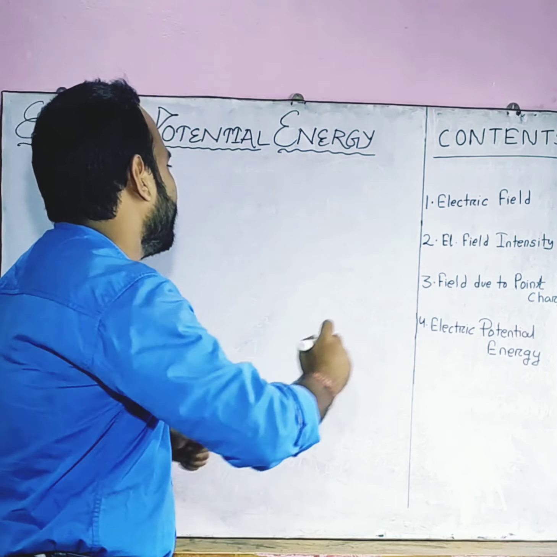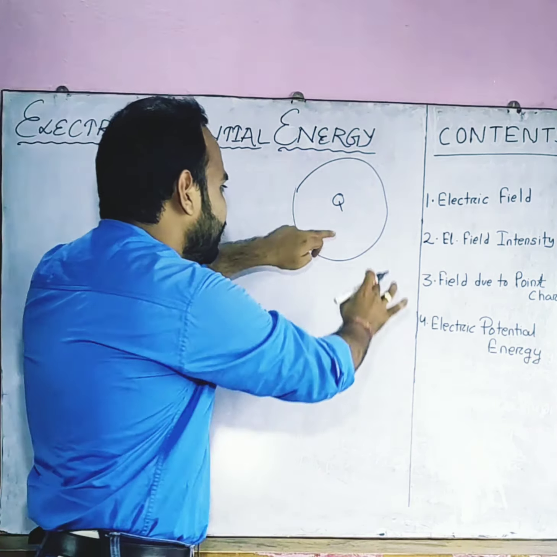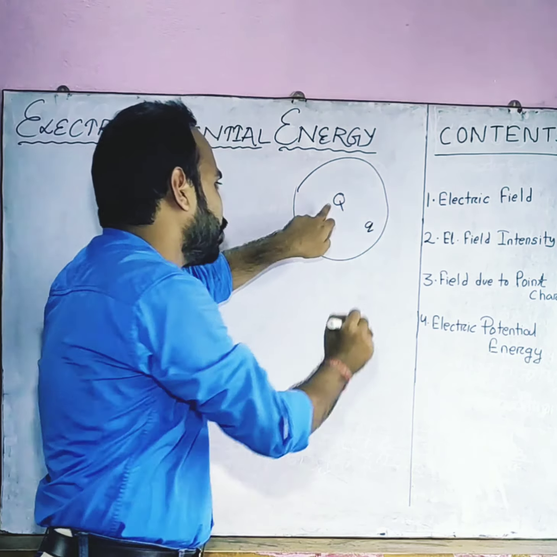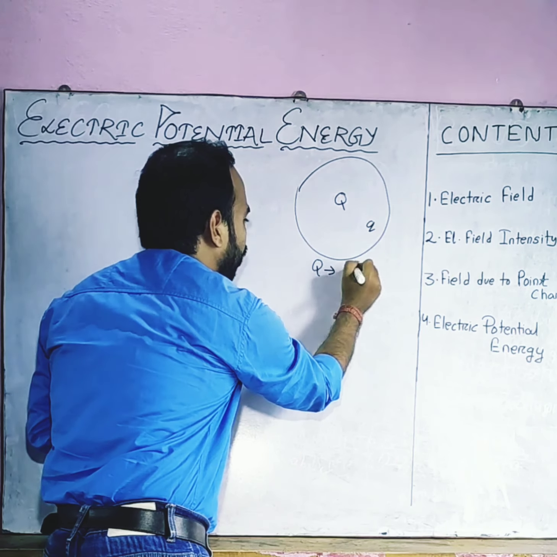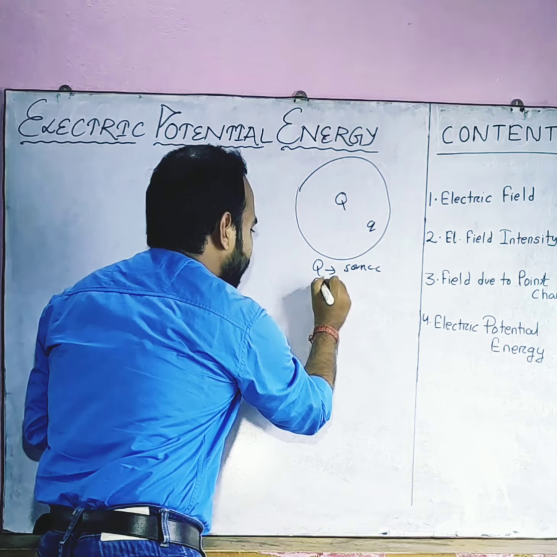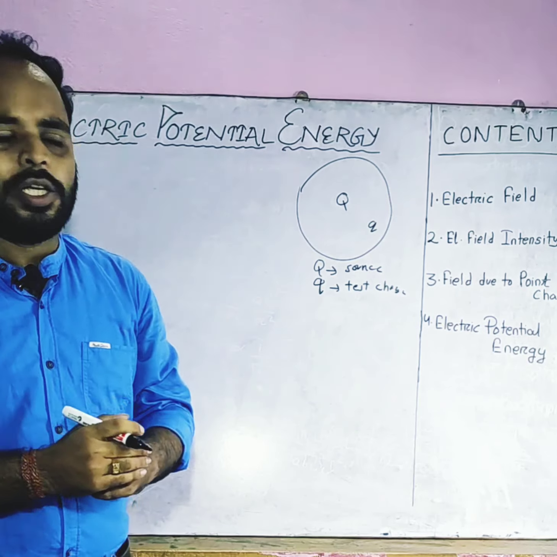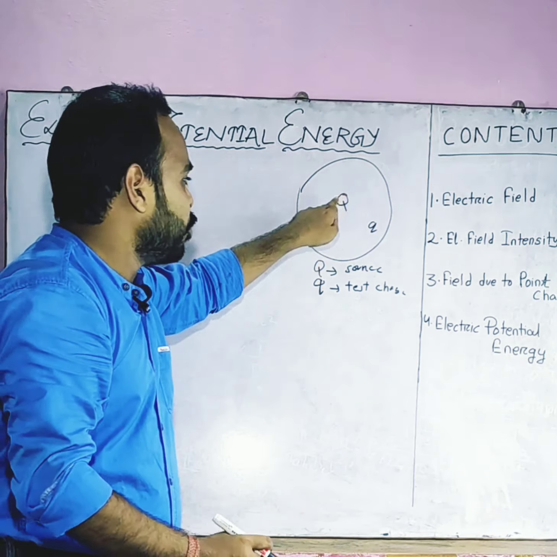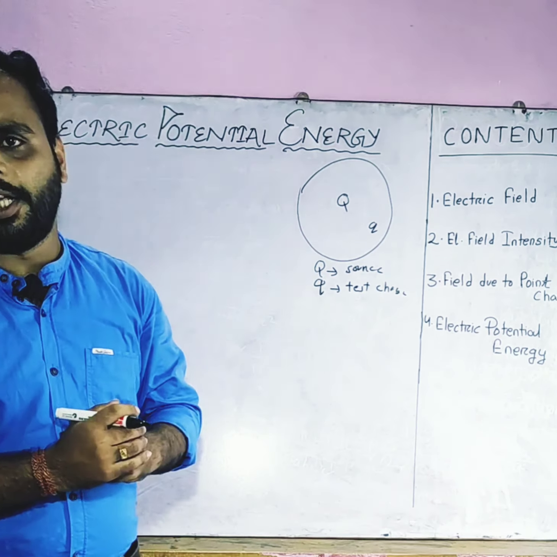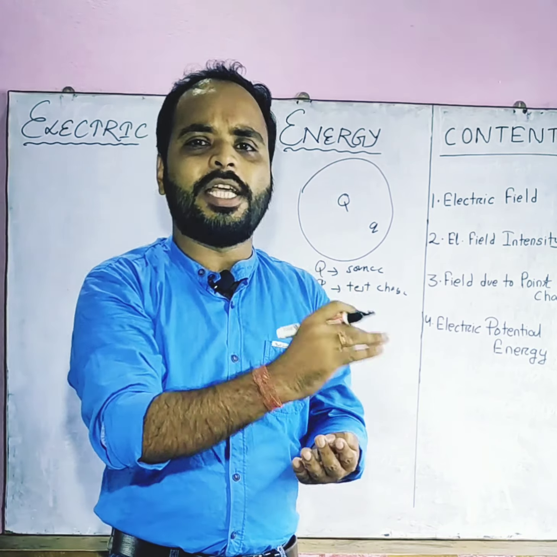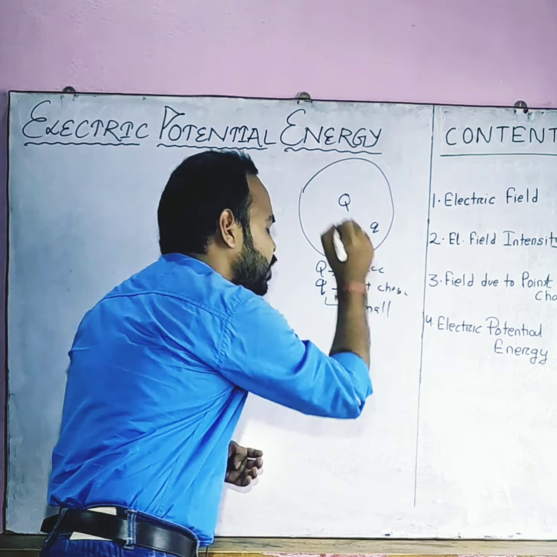Electric field can be defined as a region around a charge, and in this region, this charge is able to exert force on another charge. Now, this charge capital Q is called source charge, and this charge small q is called test charge. So what is test charge? The charge by whose presence the position of other charges is not changed can be called a test charge. In order to not change the position of other charges, the magnitude of this charge is taken as very small.